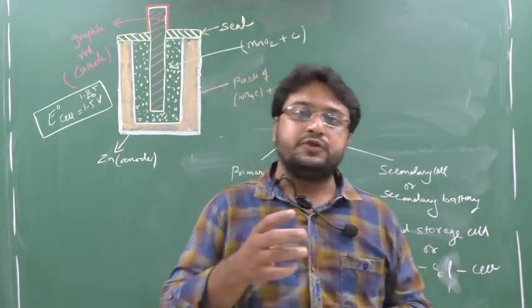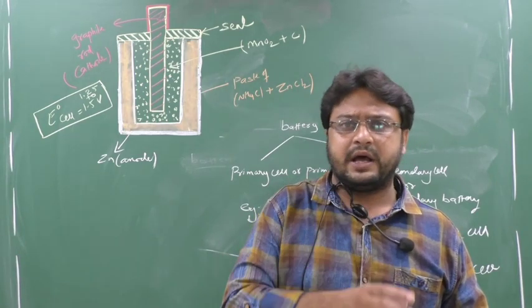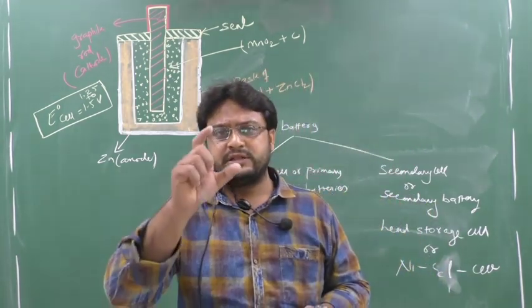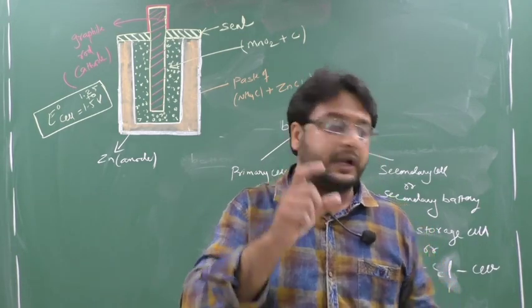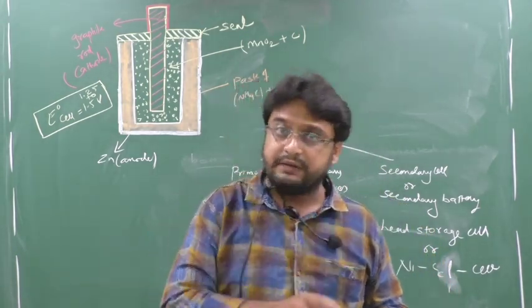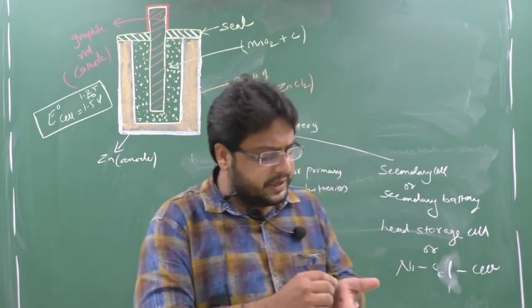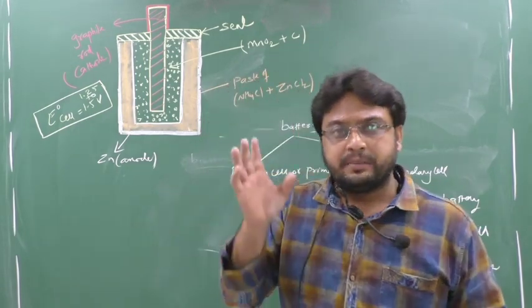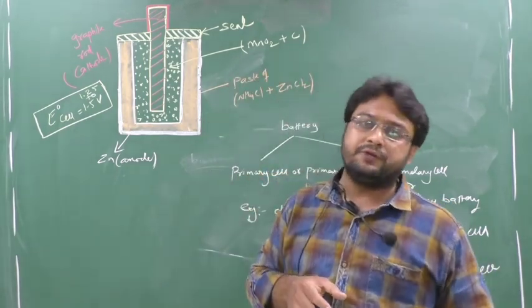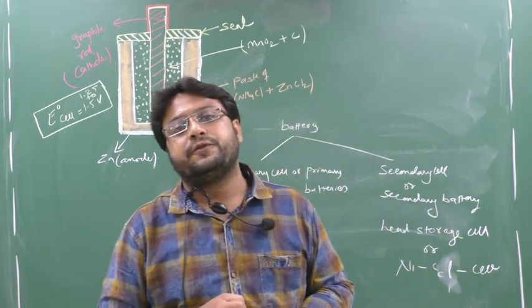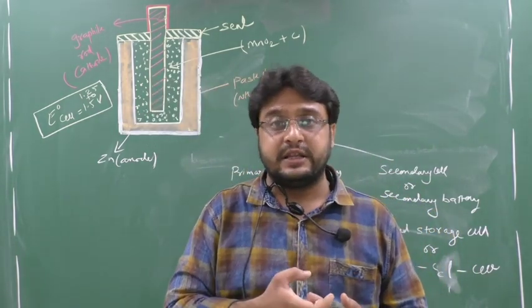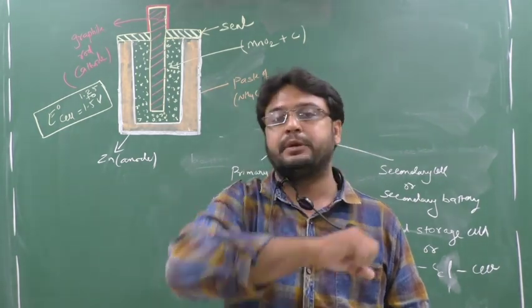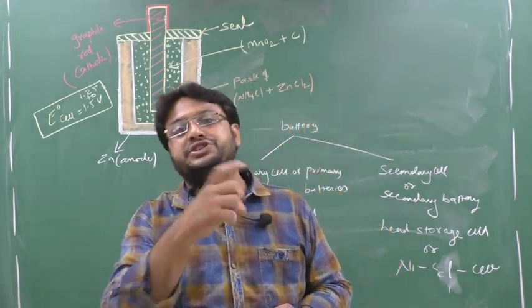Secondary battery. Sometimes your camera contains a certain cell, and people tell you that cell can be recharged; it will be a nickel cadmium cell. Sometimes you see a white colored cell with nickel cadmium written on it. Today in the market, if you go to a consumer shop, you can ask for a rechargeable cell. They will give you the rechargeable cell, and they will also give you the charger, so that you can recharge your cell.